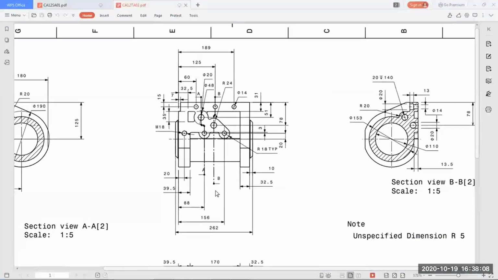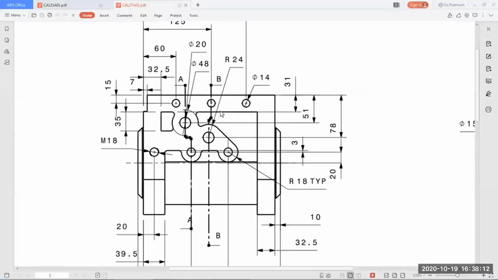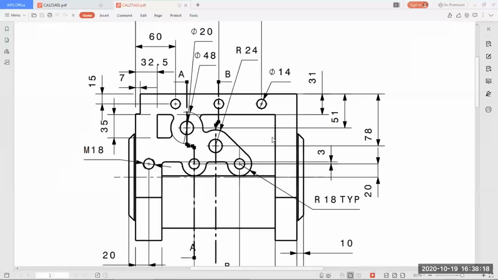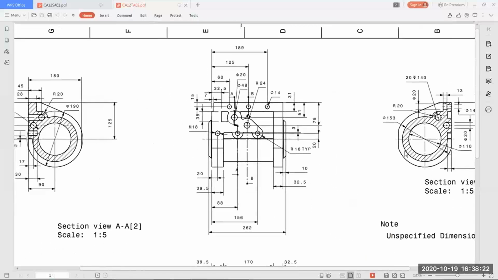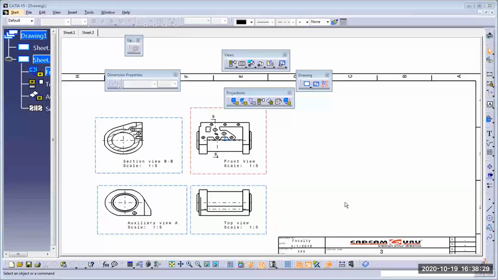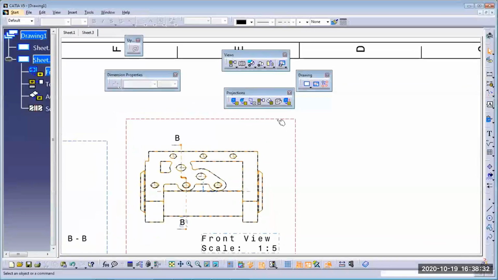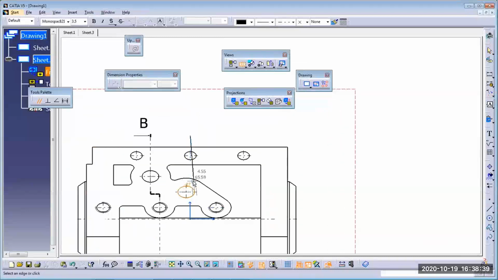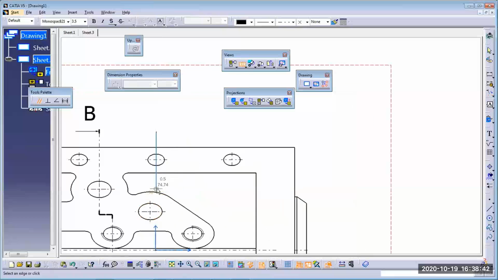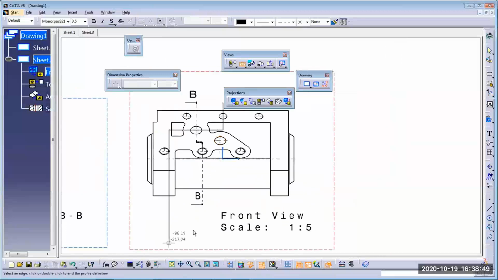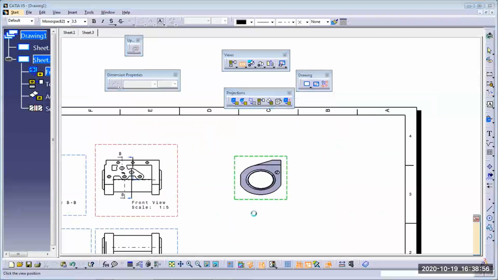Next view is section BB. It is a straight one, I think. Still it is a zigzag. Yeah, it is passing through two holes. Section BB. Okay. So it passed from here, first. Then click here. Then a horizontal line. Pass it through this circle center. Move down. Double click on this and place it here.